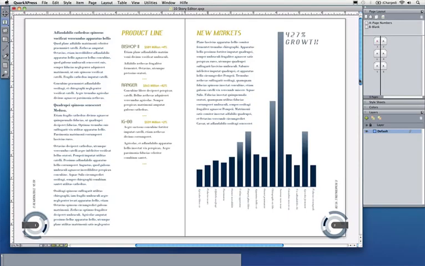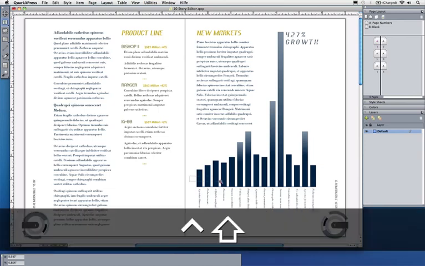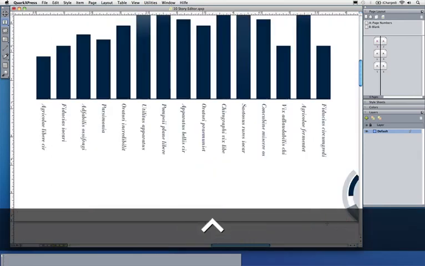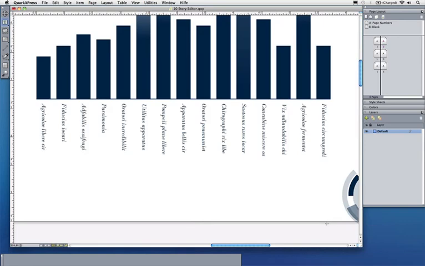Let's work with some text. Let's first zoom into the legend of my diagram here, and you can see that each of the labels for my bars still contain dummy text, so I still need to edit that, which proves to be quite difficult because I have to either turn my head by 90 degrees or I have to turn back the box